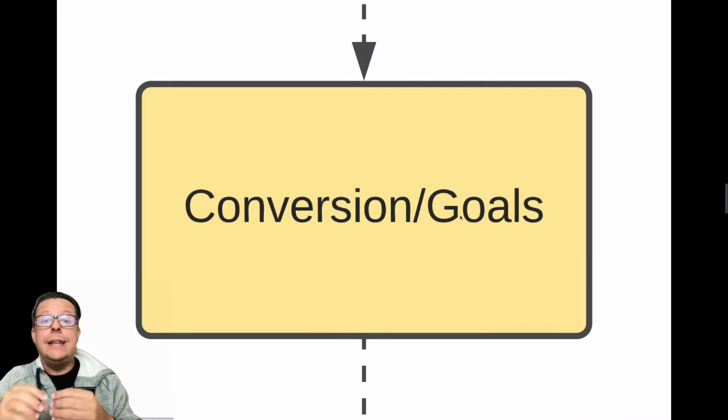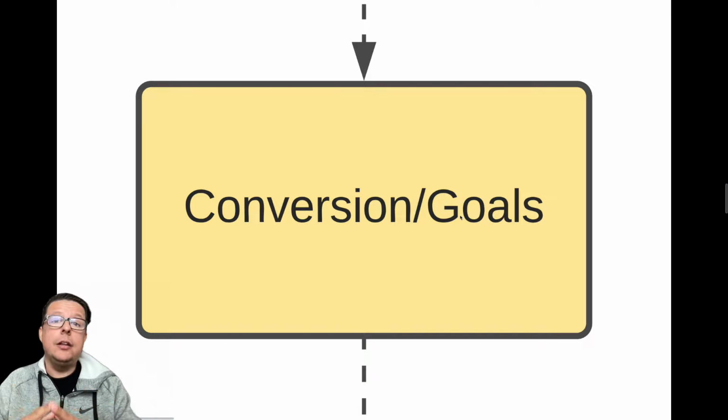Conversions and goals. Now, conversions and goals are really, really important because if you're doing search campaigns, your quality score is made up of three components. How good the keyword is that matches up for the intent. So mobile detailing, your keyword is mobile detailing near me, perfect. The next component is going to be how relevant the ad is. So mobile detailing near me keyword puts up, it says mobile detailing 3 miles away. Offer starts at $1.99 or whatever the price is.